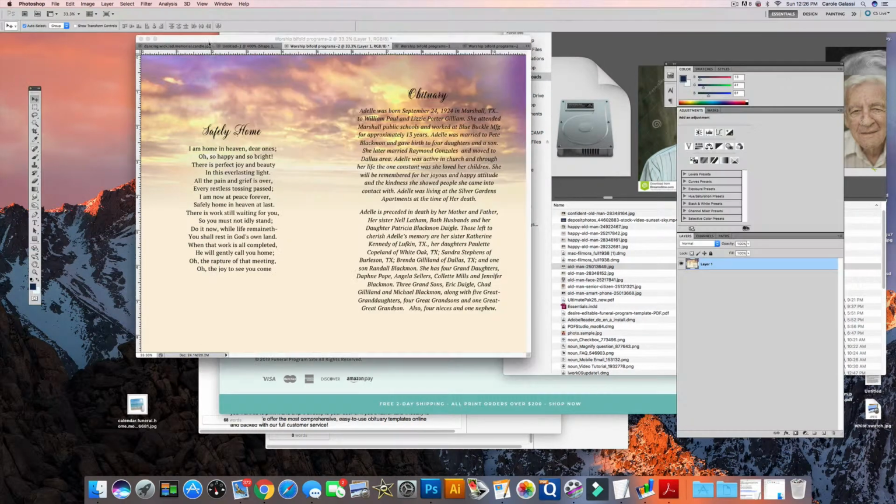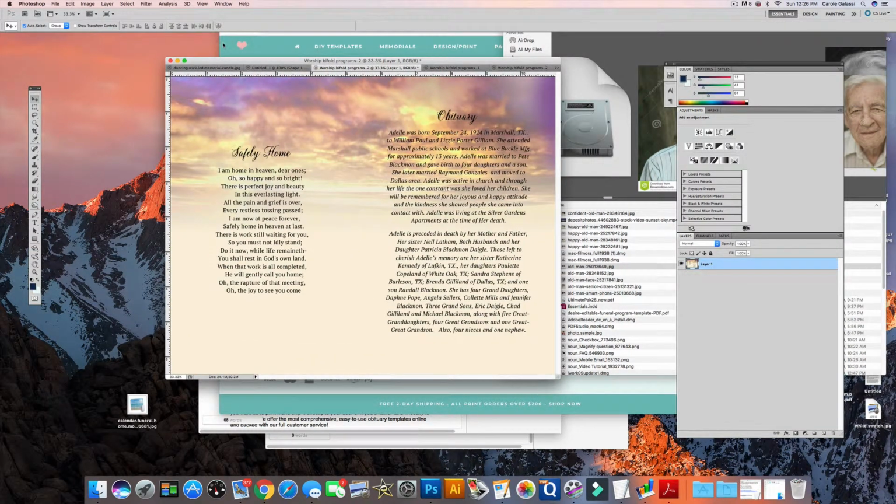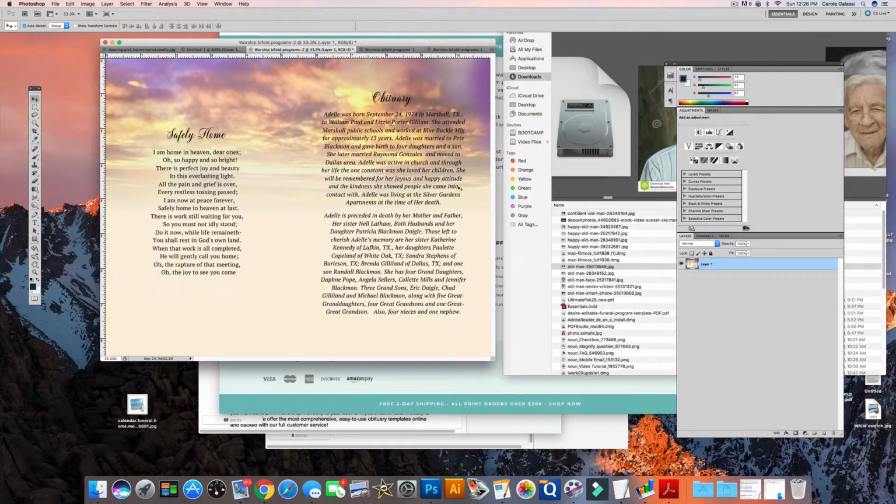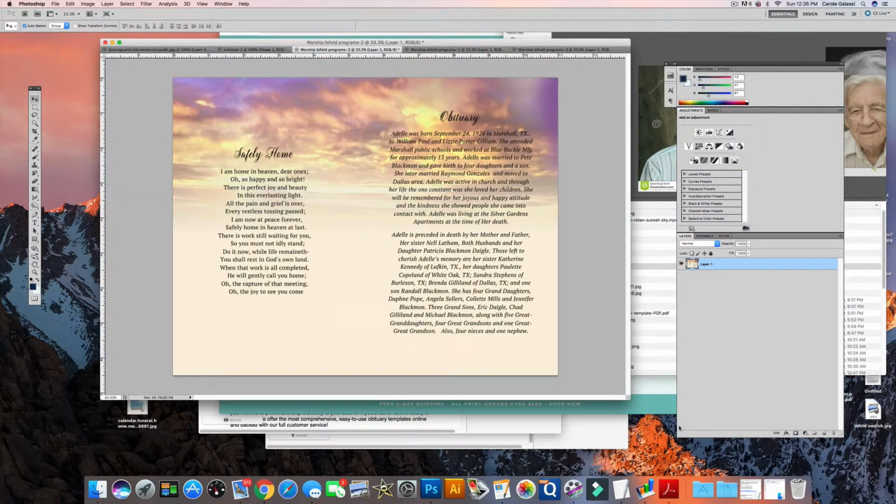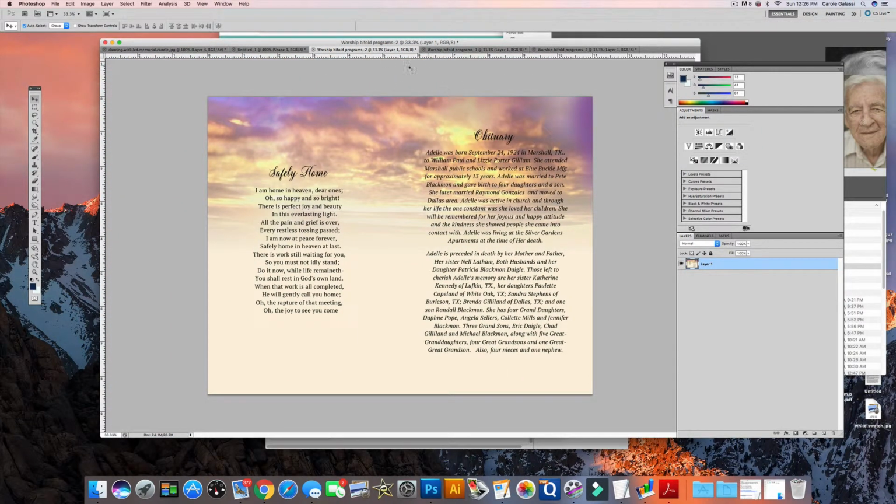Hi, this is Carol with the Funeral Program site, and today I'm going to show you how to expertly remove a background in Photoshop for a photo that you may want to use on the front cover of a funeral program template. So I am going to be demonstrating this on the Mac, and I do have